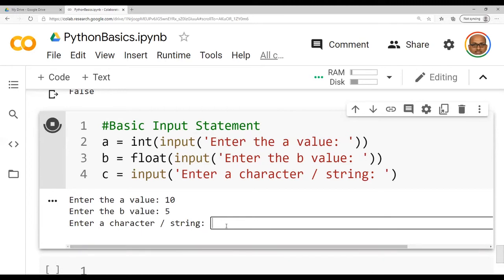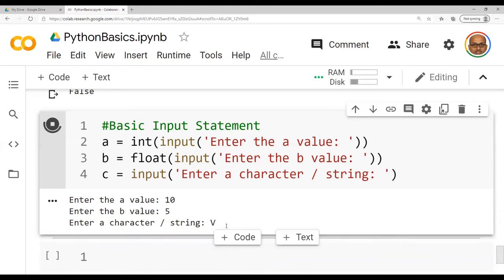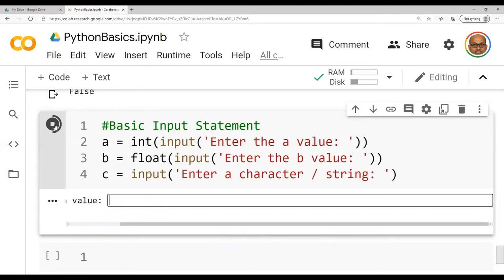I said earlier in the previous example, when I ran the same code, I entered a string. Now I am trying to enter a character. I am trying to enter the character V in capital letter. Has the system accepted this also? And people will be having one more doubt. Will I be able to enter a decimal point value in an integer input?